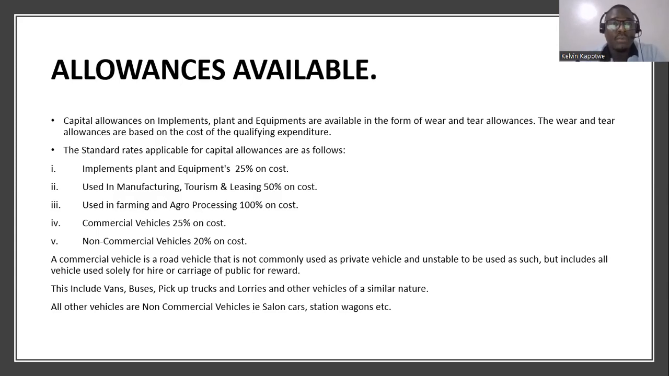All right, then used in farming and agro-processing. So if you buy an equipment that is supposed to be used in farming or agro-processing, then that will qualify for 100% on cost. So it's like you buy an equipment that is going to be used. For example, I buy